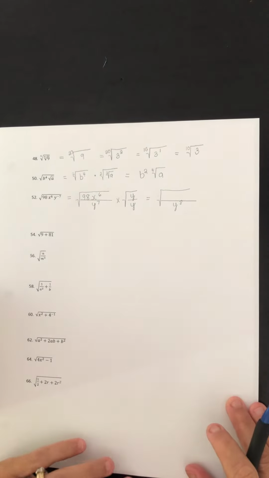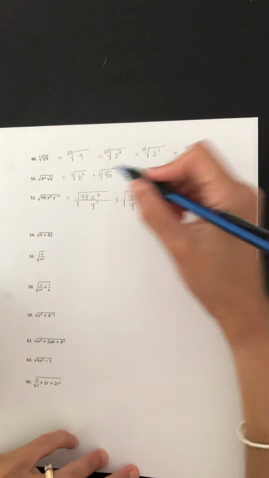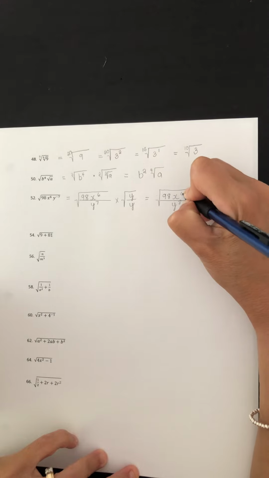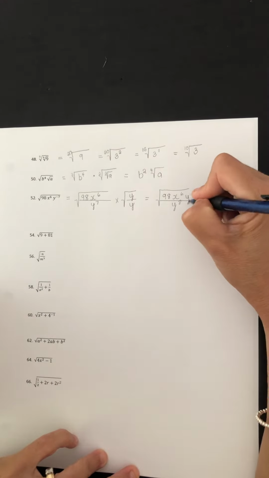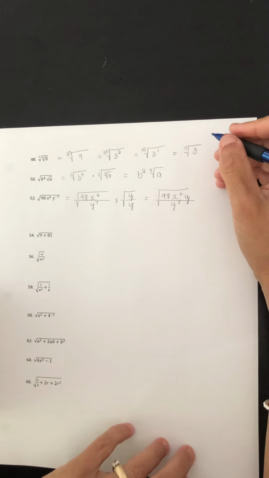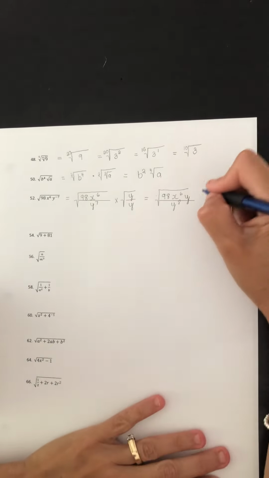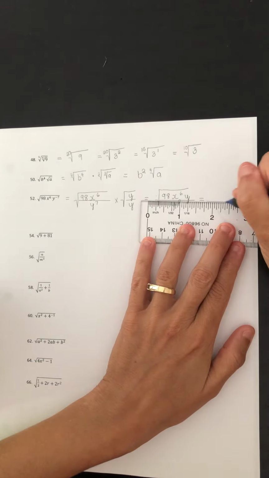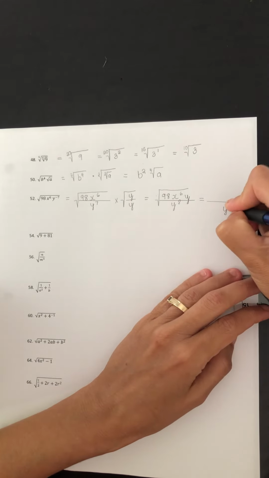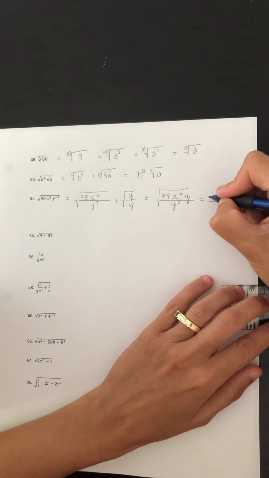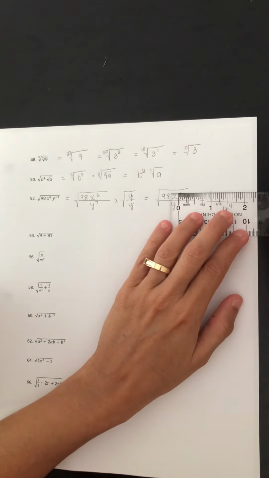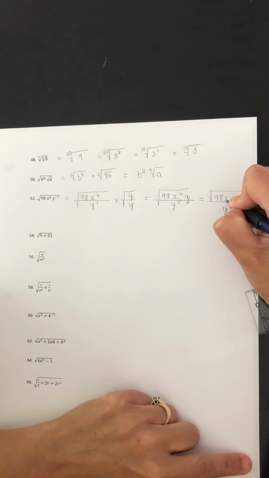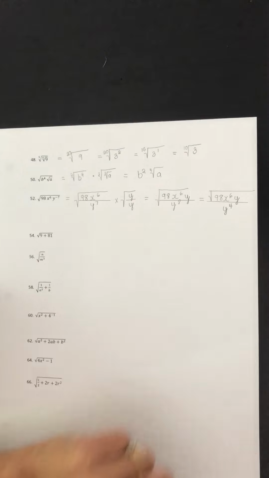Okay, so now in the top we still of course have 98 x to the 6, and now we have a y up top as well. Okay, so as I said, in our very next step, we can change the bottom. So the bottom will now just be y to the 4. So it's considered rationalized. There's no more square root sign in the bottom. Okay, so that's good. But